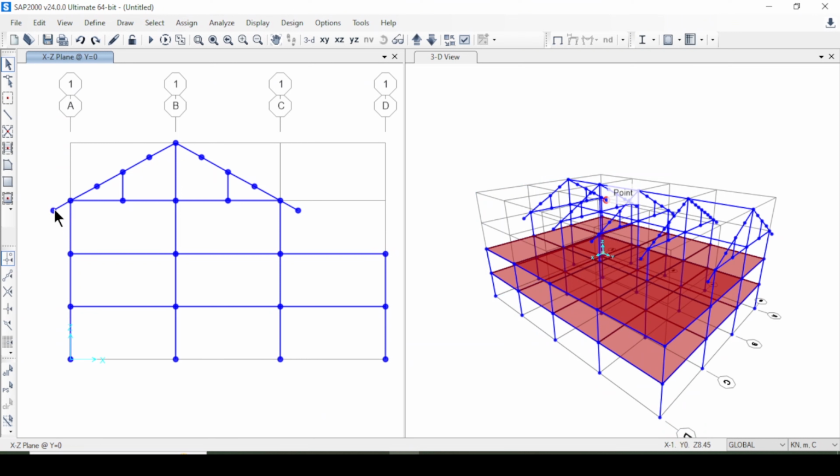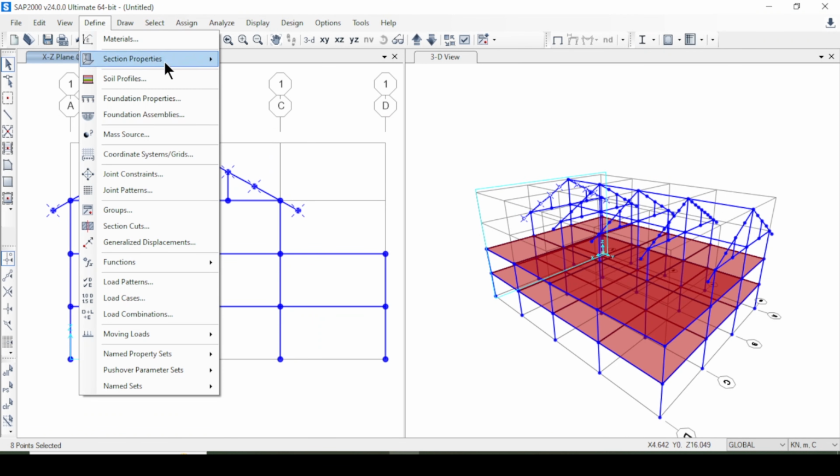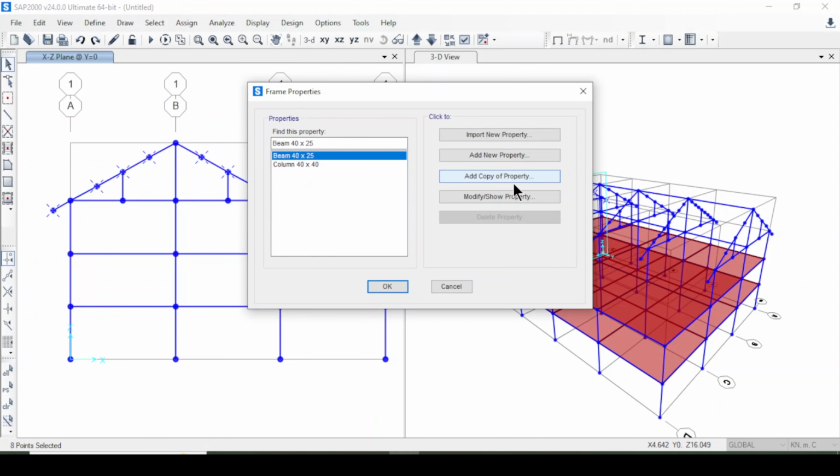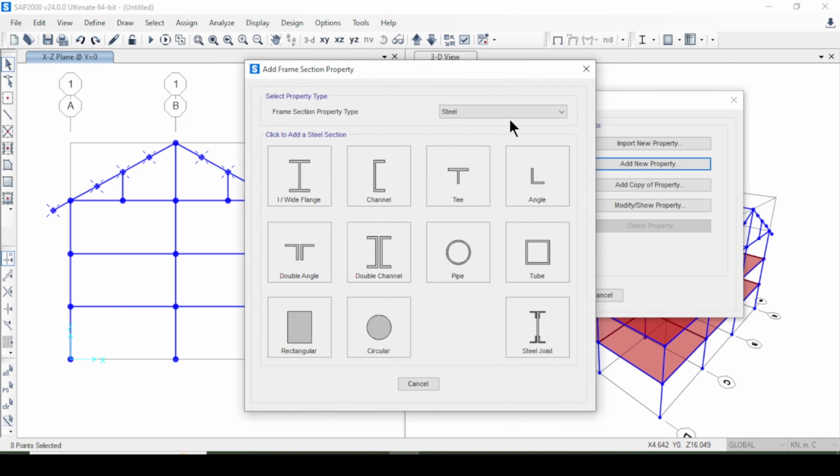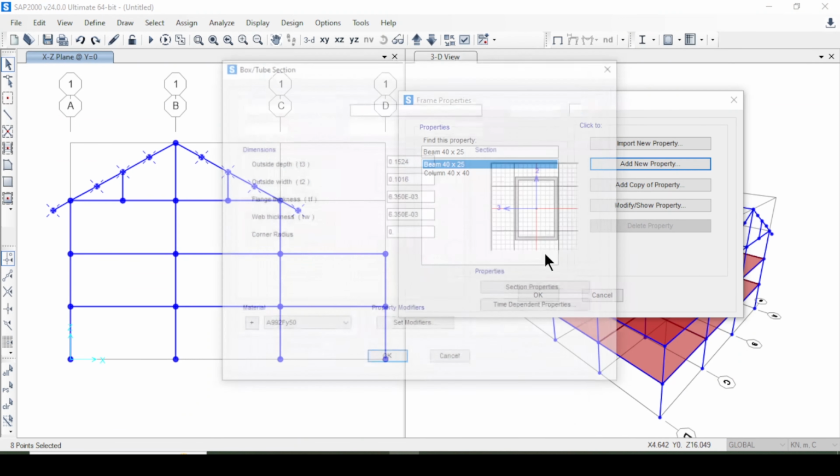Now I will select all these nodes here and all here and this one as well. So now I will first define here the section properties, frame section. Okay, now I will add a new property here, add a new property, and it will be steel and tube, and